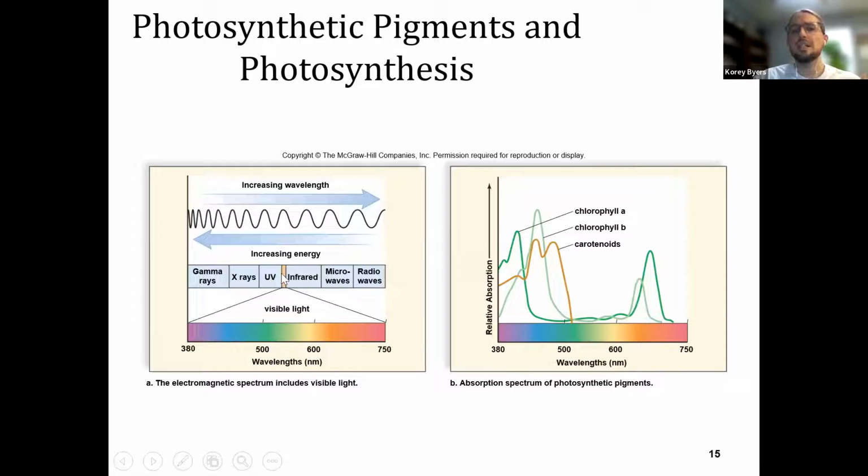But we can only see these, and so plants, yeah, they're absorbing some UV. They don't really absorb infrared, but they're absorbing some UV, but a lot of visible light. And so this chart here puts the visible light spectrum down here. It goes from 380 to 750 nanometers. That's the size of the wavelength, and shows us what is absorbing what. So your chlorophyll A, the dark one here, is absorbing a lot of violets and blues, and your oranges and